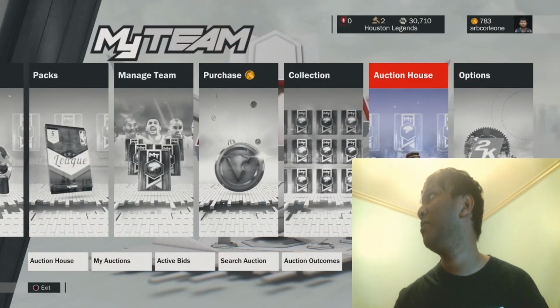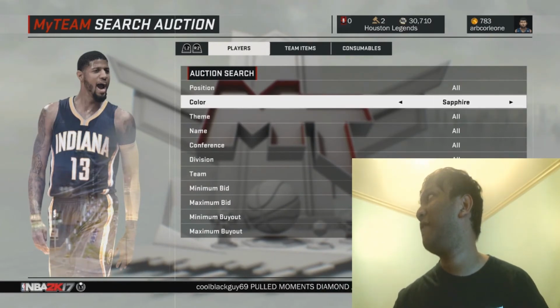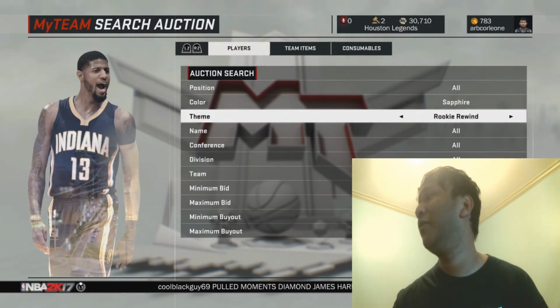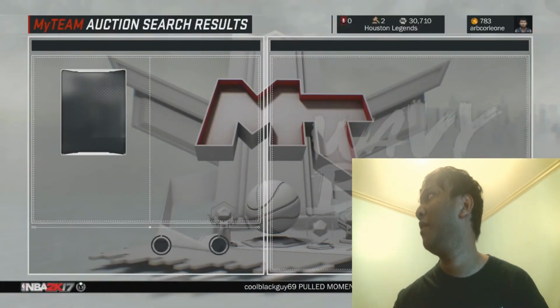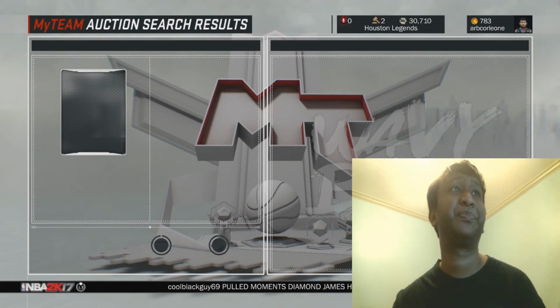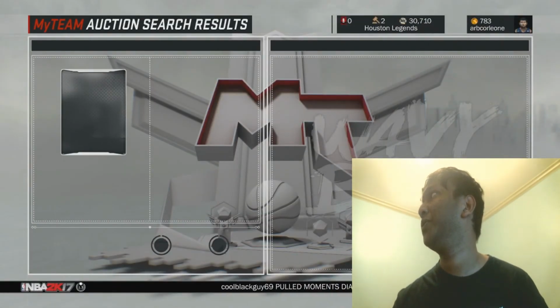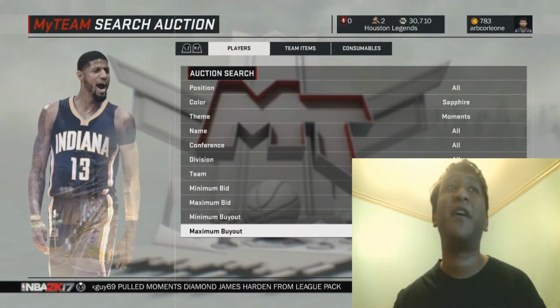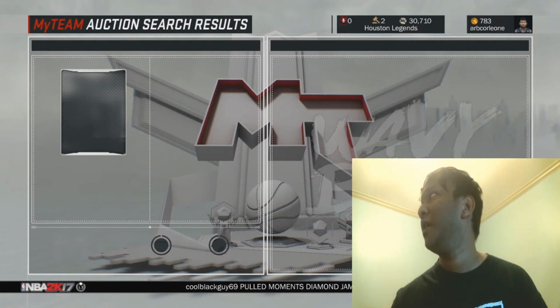Another thing you can do, it's the last thing: you go to Sapphire. This is a well-known filter. You go to 500 to 1,000. There's probably nothing right now, but we'll see. Yeah, so you try to find something Sapphire 500 to 1,000, maybe 500 to 1,500, and then you try to